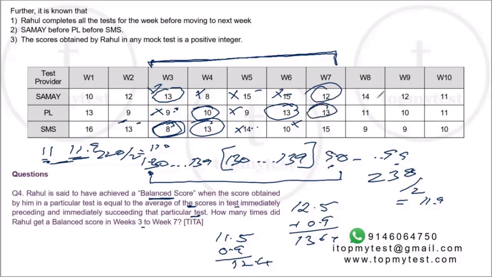Right. 13 and 14. Can it result in 15? No. So between week 3 and week 7, you have 1, 2, 3, 4. Okay, this was not the case, right? 1, 2, 3, 4, 5, 6. 6 times it is there. Again, I am illustrating it. It takes longer in an exam situation. It probably should take you about 2 minutes to solve this one.